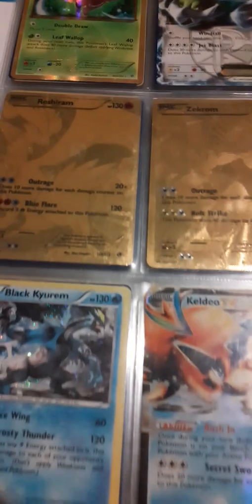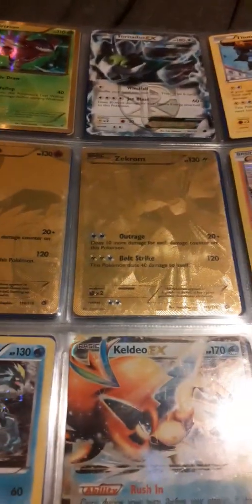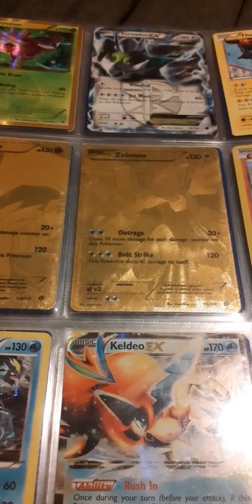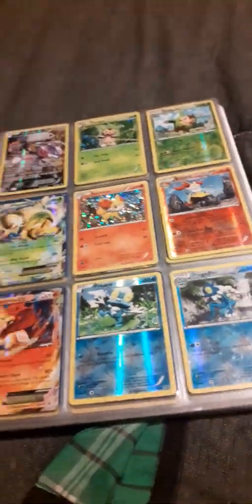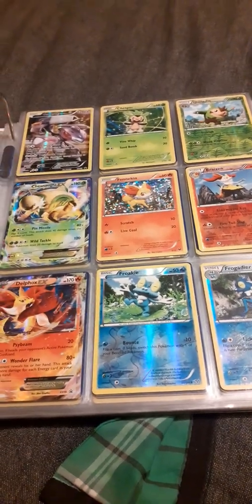But for full-on gold cards, however, we have a Reshiram and Zekrom. Pure gold. There's a few more legendaries: the Black Kyurem, the Keldeo EX. Good old Genesect promo. We have the starters of the